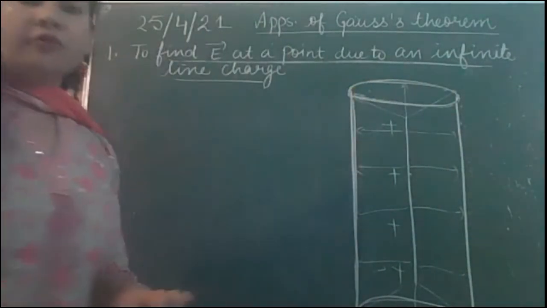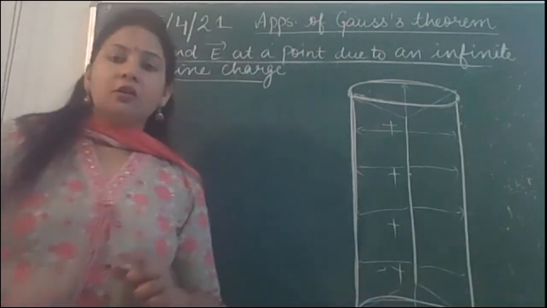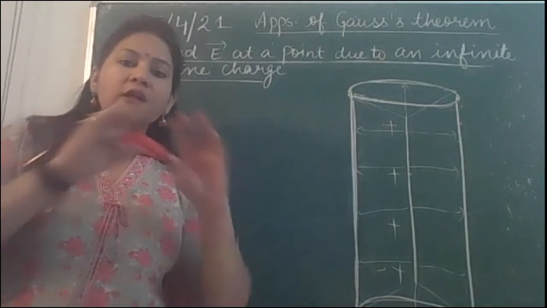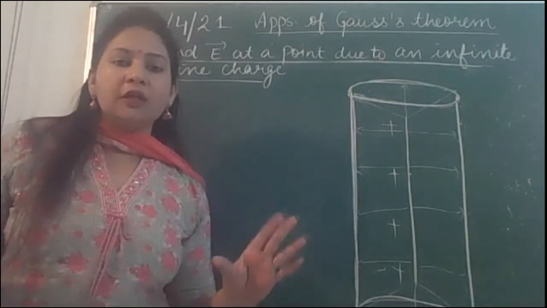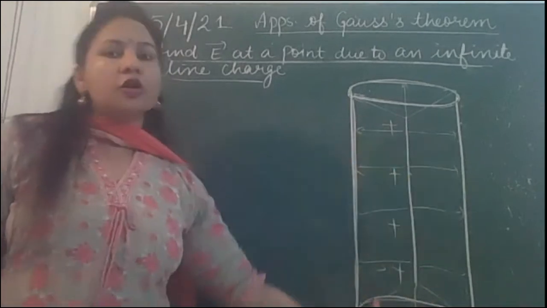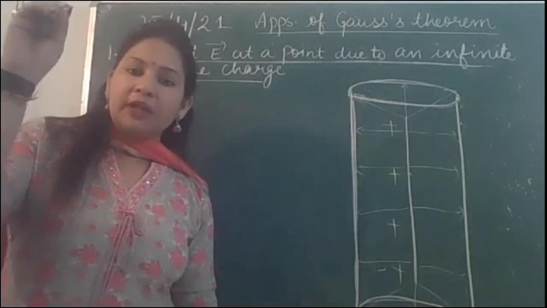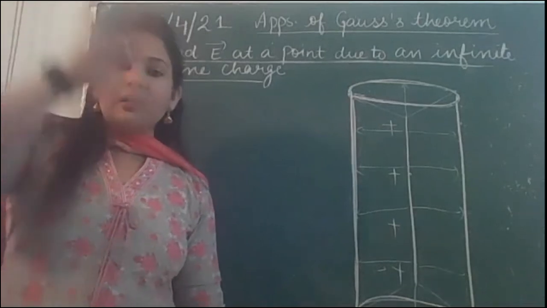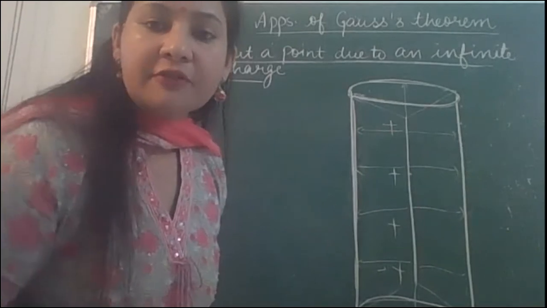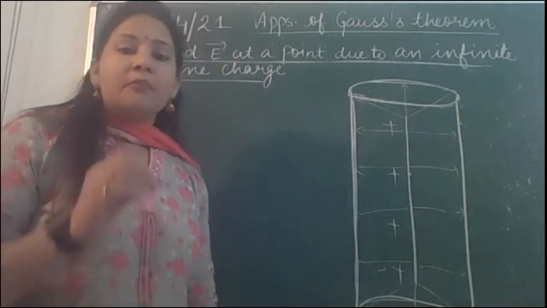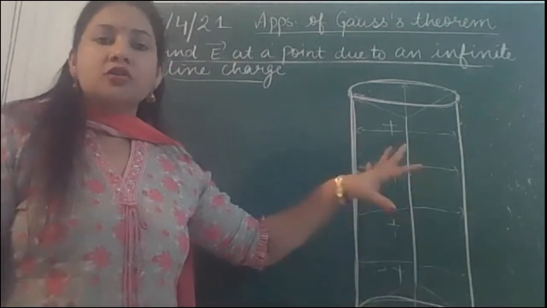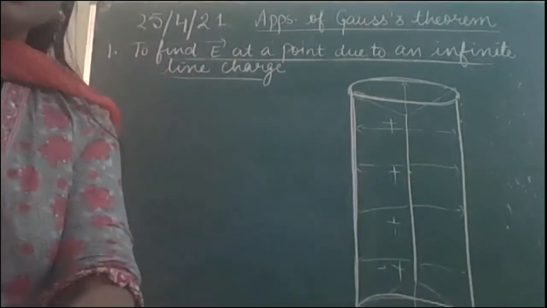I told you one very easy interpretation. You look at a tube light at night. What kind of surface will you see around it? You will definitely see a cylindrical surface around it. So that is a Gaussian surface. If you see a bulb, a point charge, then you will see a spherical light sphere around it. So the Gaussian surface for a point charge is a sphere, but the Gaussian surface for a line charge is a cylinder. So this is our Gaussian surface in this case.